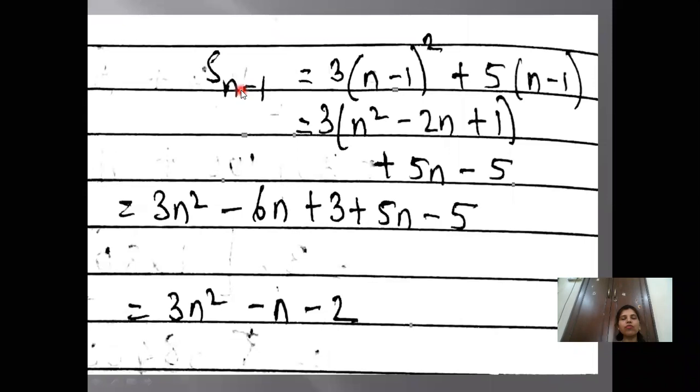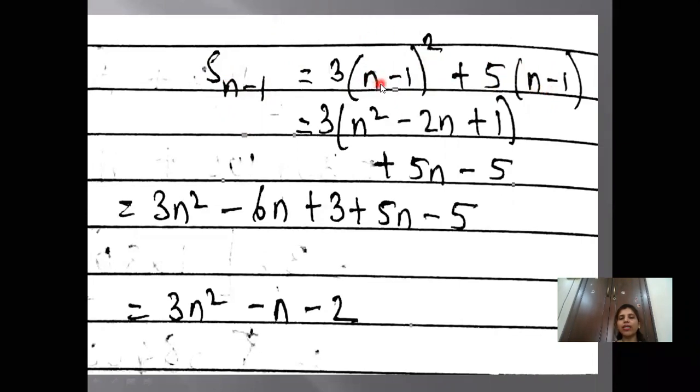So here we are going to find Sn minus 1. Where n is there, we will be writing Sn = 3n² + 5n, so instead of n, we'll be writing n minus 1. So wherever n was there, now n minus 1, the sum of the initial terms. So 3(n minus 1) the whole square plus 5(n minus 1).